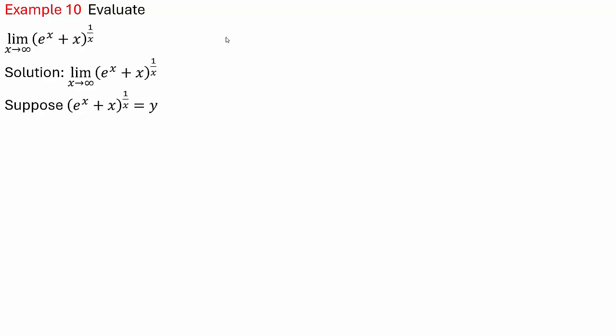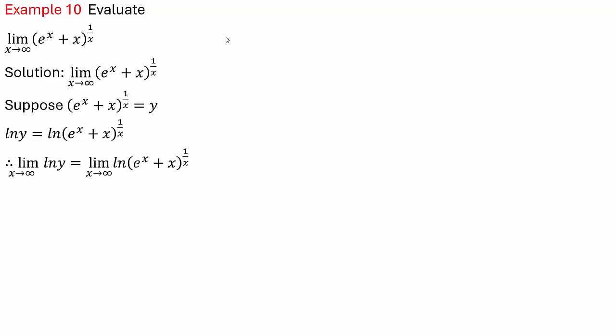Suppose this is equal to y. Suppose e raised to x plus x, raised to 1 by x, equals y, as it is infinity raised to 0 form. Infinity raised to 0 form, and hence we shall assume that e raised to x plus x, raised to 1 by x, equals y. Taking log of both sides, log of y equals log of e raised to x plus x, raised to 1 by x, and taking limit x tends to infinity of log of y equal